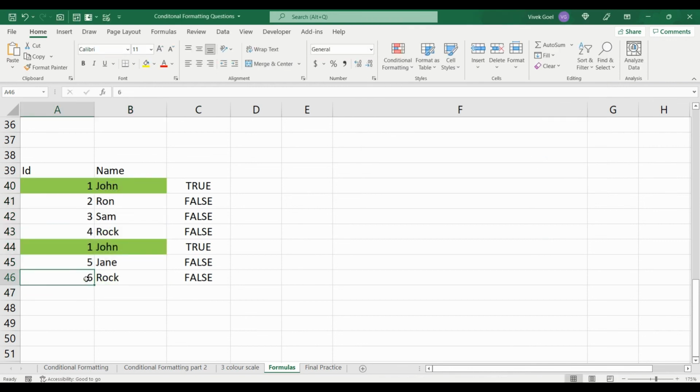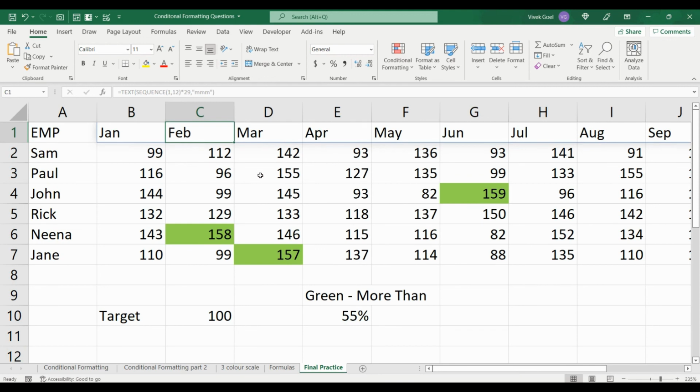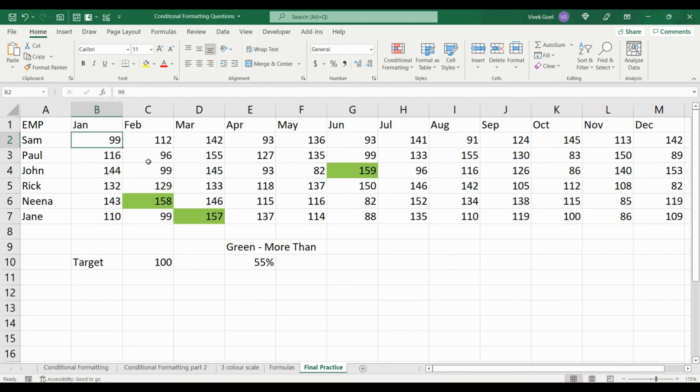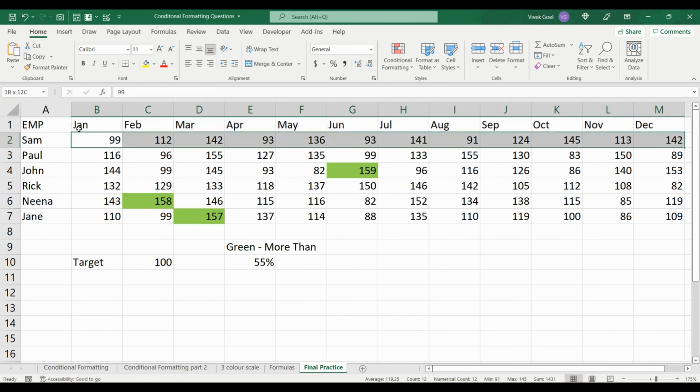Now that we have practiced conditional formatting a lot, let me give you a practical scenario which I had for one of my projects. The user wanted the capability to highlight cells based on percentage achievement. For example, here we have sales for 6 employees for 12 months and the target here was 100.